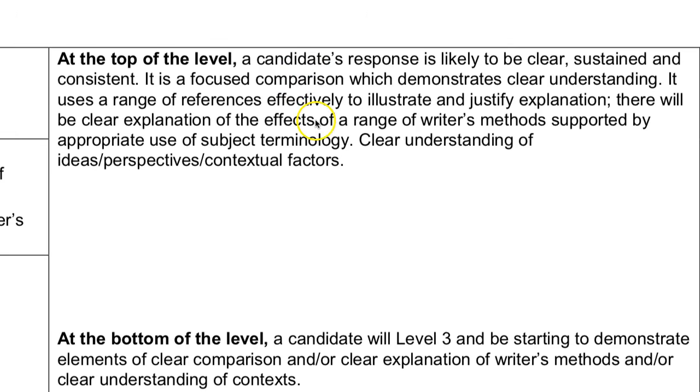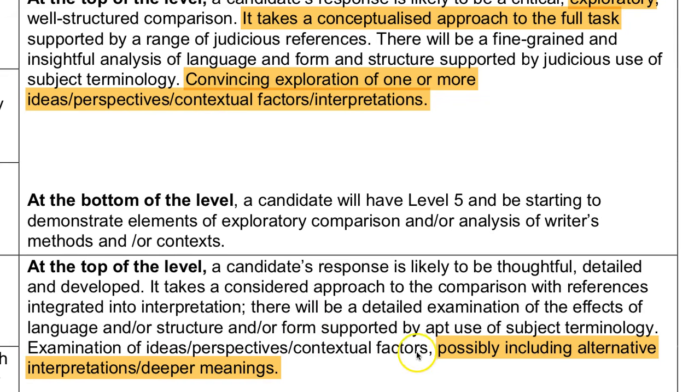Now, if we come down to grade 6, there's no argument that you've got to put forward at all, and you've just got to have a clear understanding of some ideas. Well, that means that if you've got the poet's purpose in, that's ideas, you've got a grade 6 nailed, even if everything else in your essay is not so good. Yep, so when we come back up to grade 7, deeper meanings, that again is the poet's purposes, poet's ideas, and you're going to get this grade nailed.